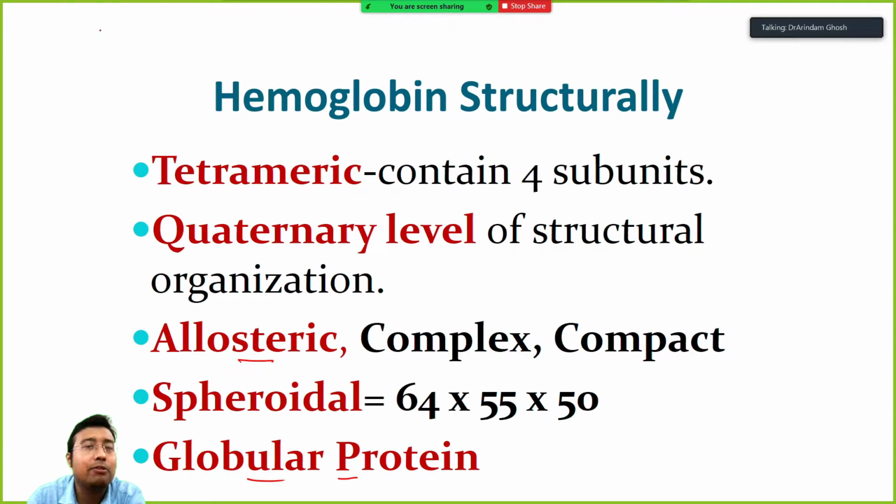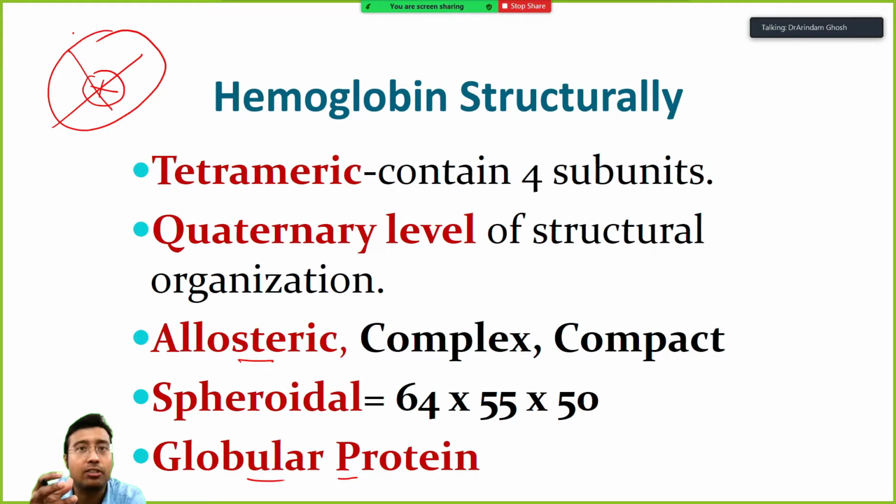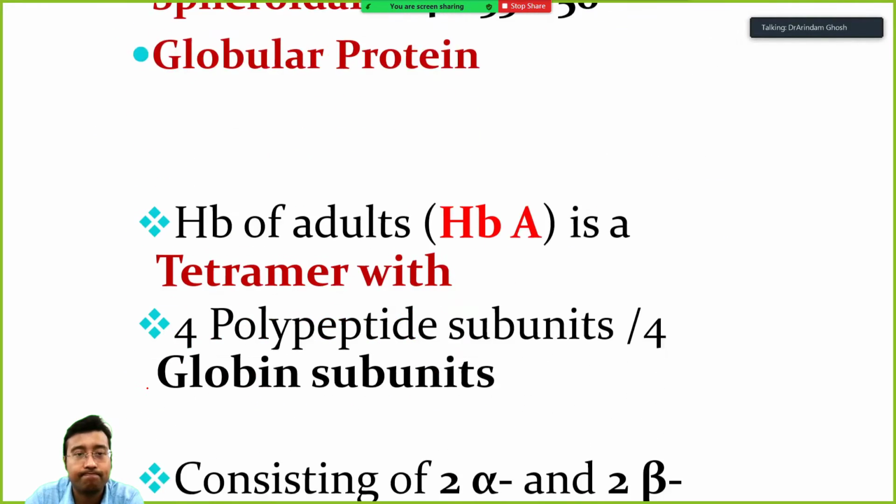Now in the previous diagram I told you the axial ratio is less than 10. But this was a 2-dimensional diagram. In reality it has both length and breadth and something of height also, either it goes into the plane or it's coming out. So it's a 3-dimensional structure. So over here all the 3 measurements of axis have been shown. It is completely unnecessary for you to know, it is just to tell you that the whole thing is spheroidal. There is a length of x-axis, length of y-axis, as well as the length of z-axis, right, in 3D.